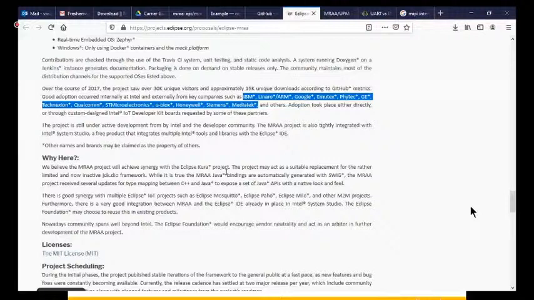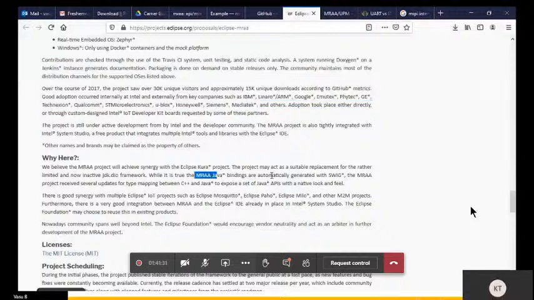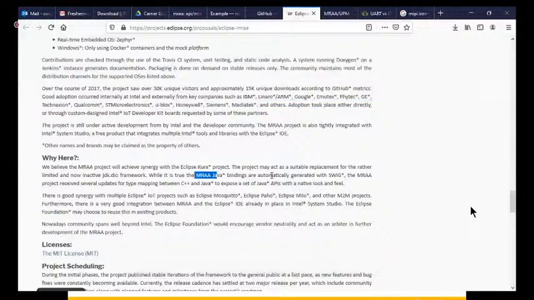It is a hardware abstraction layer written in C++, providing bindings to high-level languages like JavaScript, Python, Node.js, and other languages. And the beauty is, since it is an Eclipse-based project, there is a huge synergy with other Eclipse open source projects like Mosquitto, Paho, and M2M projects. There are many projects under the Eclipse open source community. So this will really help you.